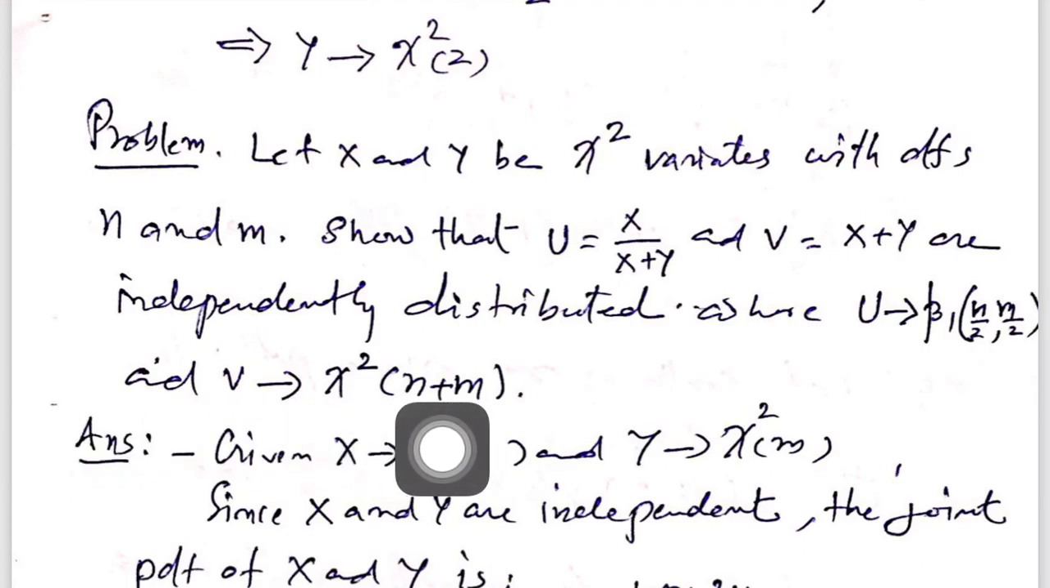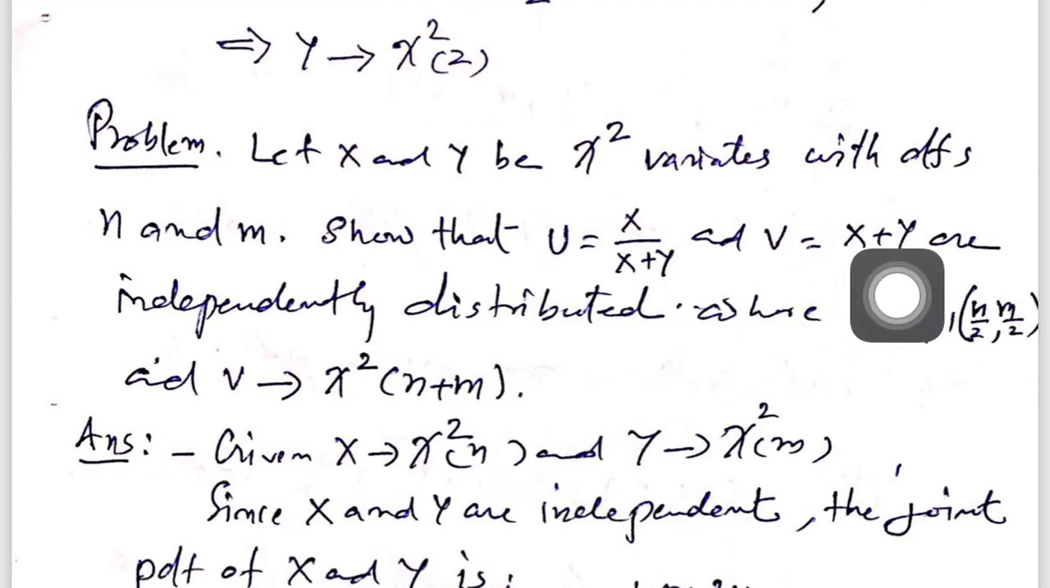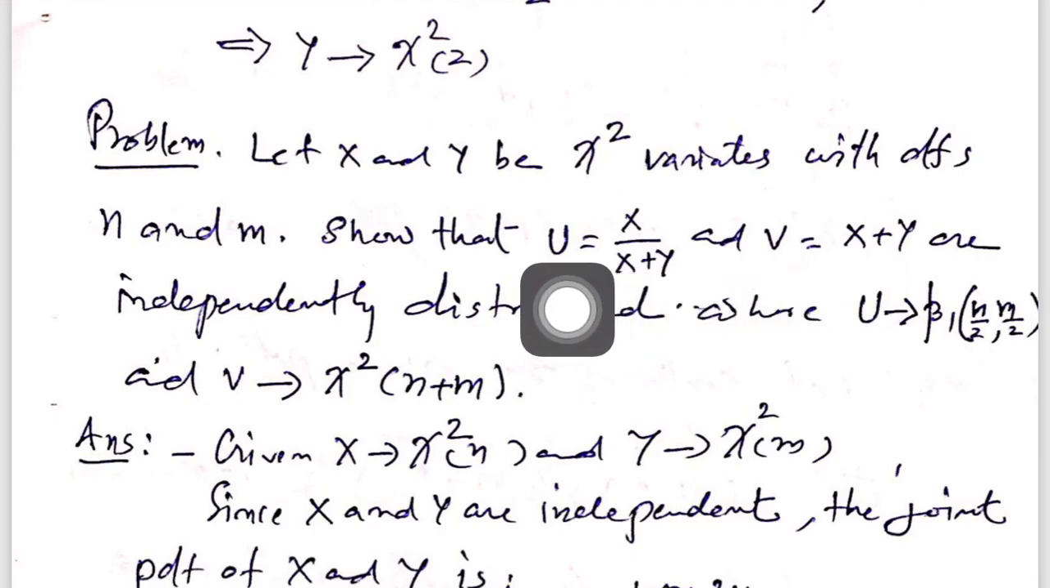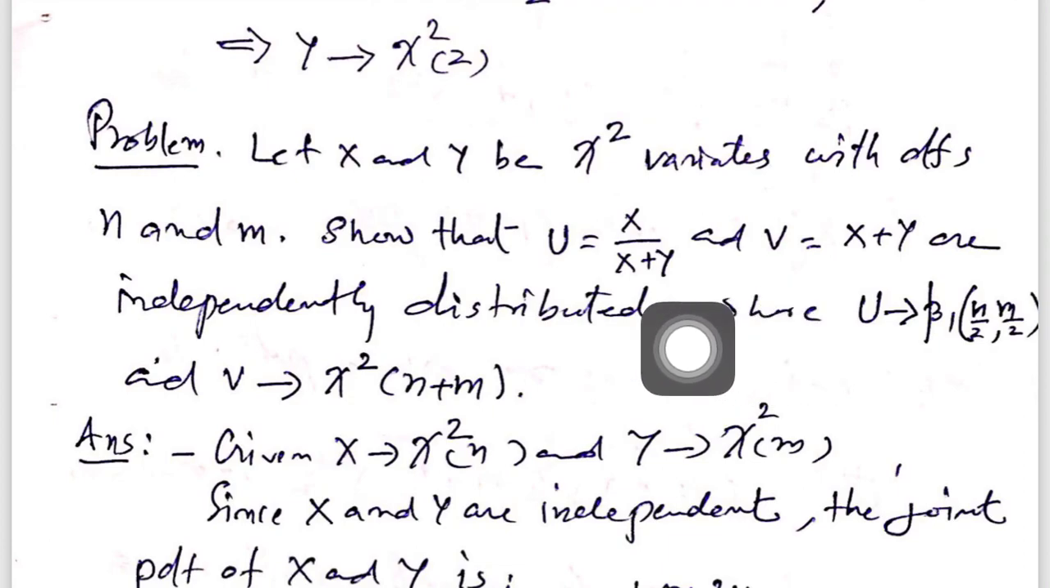Okay, and this is very obvious. V follows chi-square distribution with n plus m degrees of freedom. Why? V is equal to x plus y. You know x follows chi-square, y follows chi-square, therefore their sum also follows chi-square. We have proved this result in proving the reproductive property of chi-square distribution. Okay, but you cannot identify u follows beta distribution of the first kind. So we start the solution of this problem